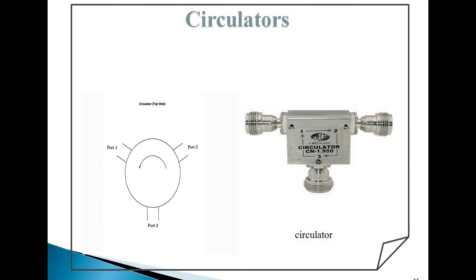Microwave circulator. A microwave circulator is a non-reciprocal transmission device that uses the property of Faraday rotation in the ferrite material. It is a multiport waveguide junction in which the wave can flow only from the nth port to the n+1th port in one direction.